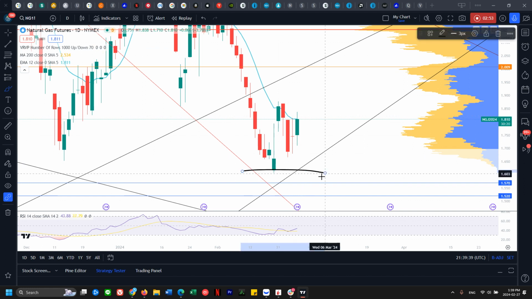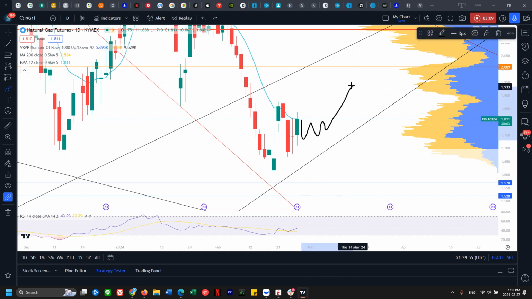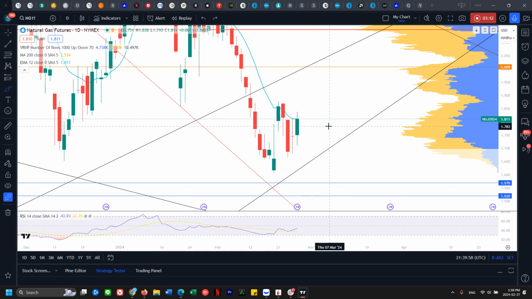And we're also pretty low historically on the natural gas prices. So historical price ranges around these 1.5 levels are usually the lows for different cycles. So we may get more bounce follow through, or it just decides to tighten up and then get bounces going. So we'll see about that.